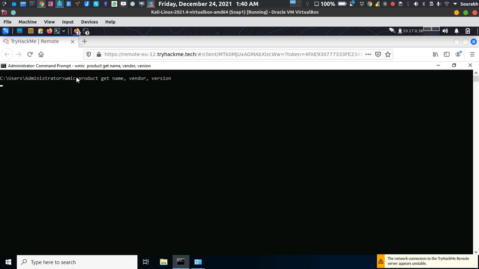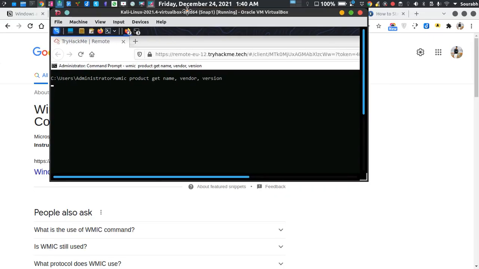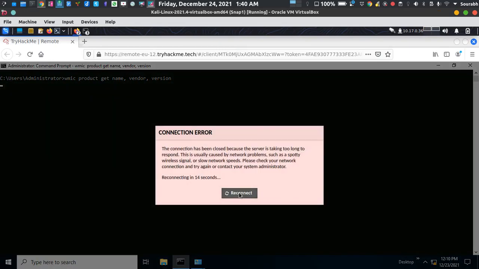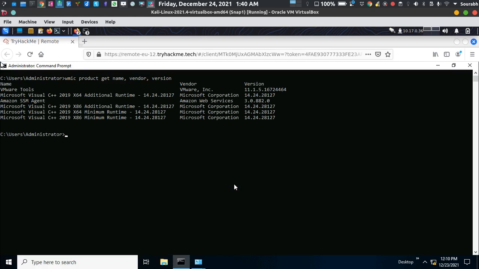Okay, so I think the connection is lost. Okay, so the result is prompted to you: VMware Tools for virtualization.